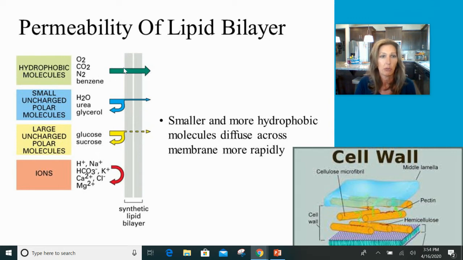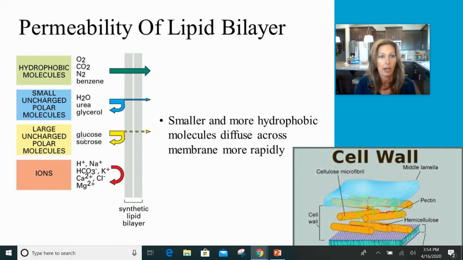it allows to pass through are very, very small hydrophobic molecules like oxygen, carbon dioxide. These would be molecules that readily diffuse right through. Something like water or some uncharged polar molecules, these can get through, they're limited, but that's why we'll talk about something like aquaporins, but those small uncharged